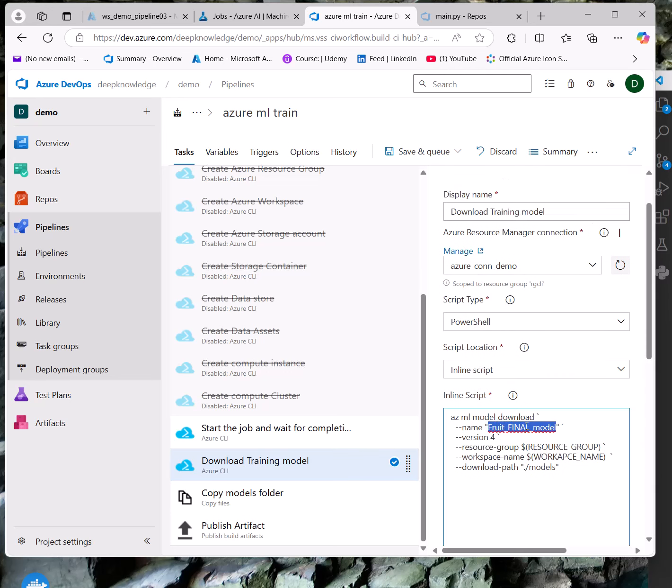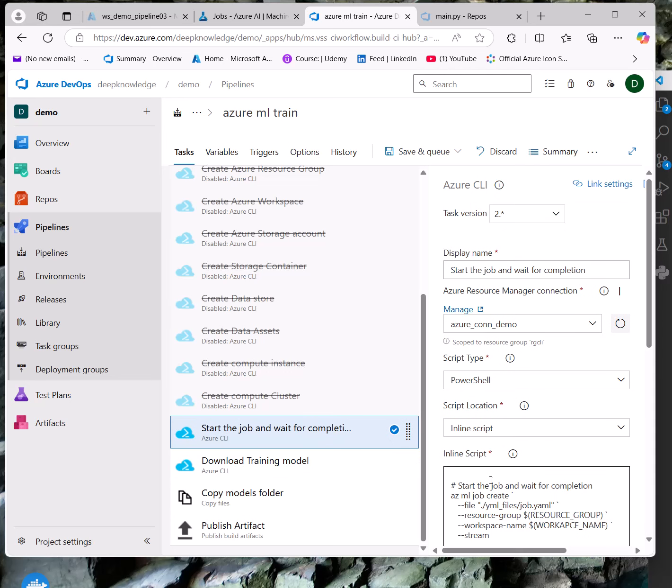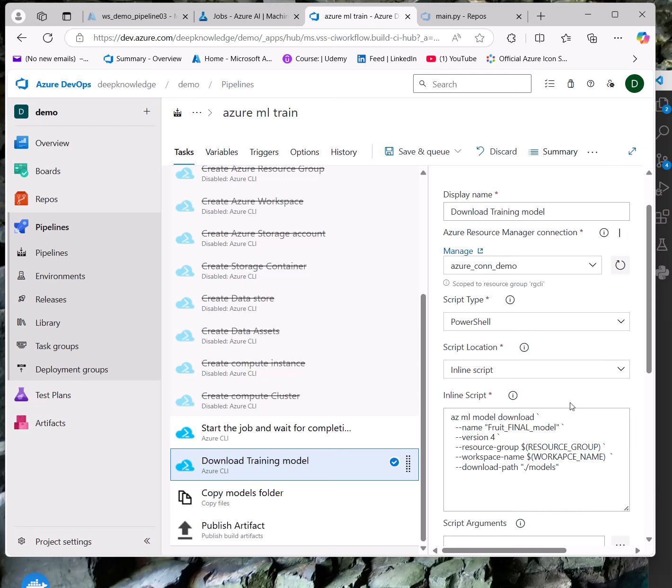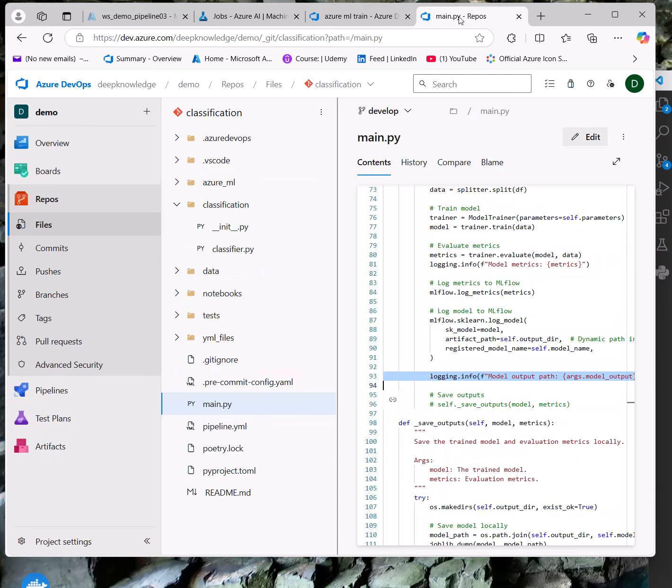I have the model. Let me just copy this. The model is already defined in the YAML file. In the next videos, I will try to show you how to make everything automatic, because this is the name of the model, but in the job it might be different, right?